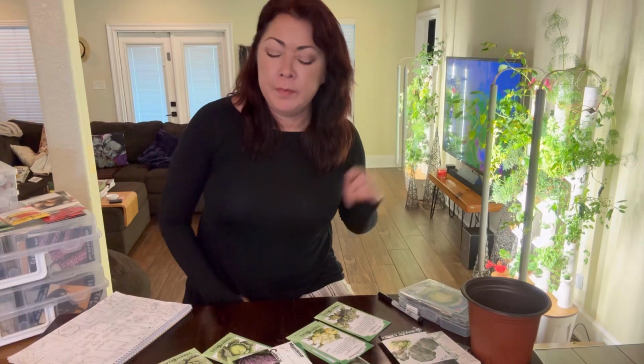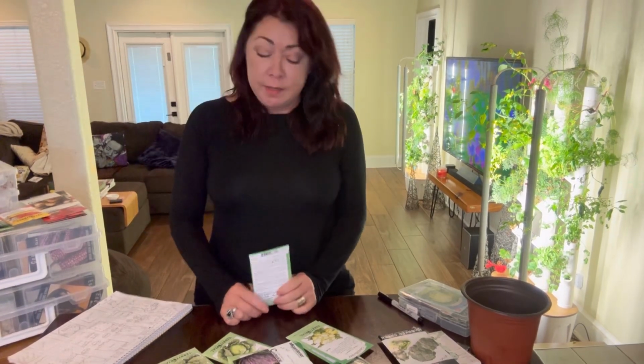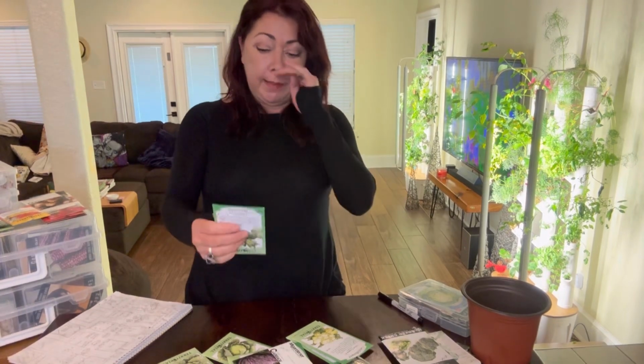I think she's done. So I'm not going to show you with all of these how I plan on doing succession sowing. I'm just going to show you on this one packet. Okay, so it says it takes 5 to 17 days to germinate. So let's say 2 weeks, let's say 14. So if I plant this tomorrow on July 10th, the germination, it'll be about the 24th of July when I